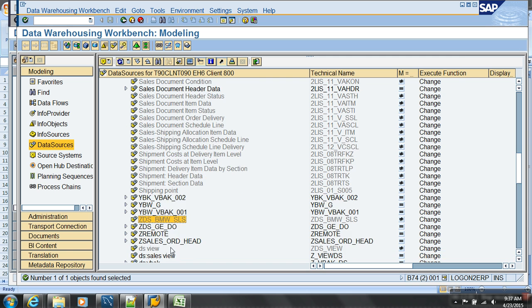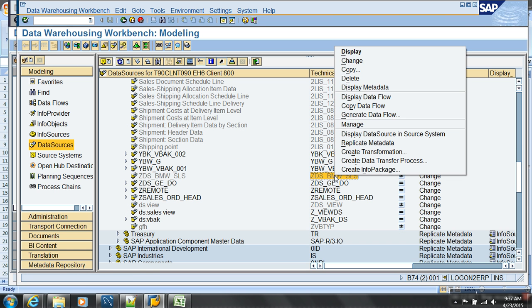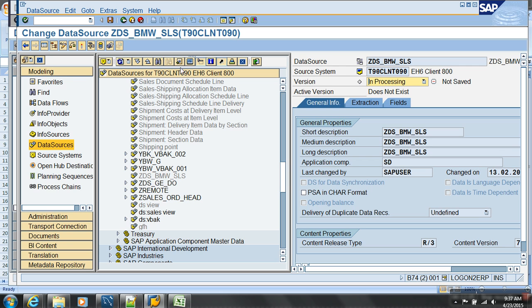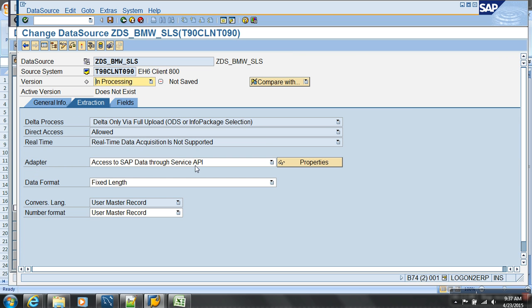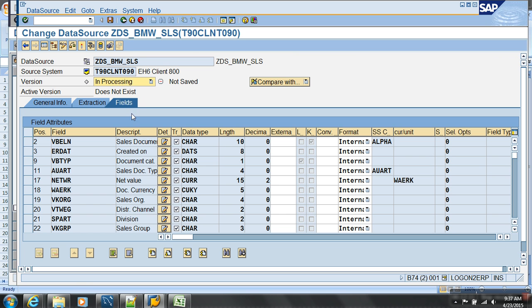Do you get to see? But you see that it is inactive, so you should right click and say what? Change. After replicating, it will be inactive. Just see, these are the data source details. Extraction is through some program, and then these are the fields, right? Why doesn't it have all the fields? You hid them, right? So the hidden fields will not come into BW, and say activate. So the fields you see in the fields tab are what will be coming to the BW bus.